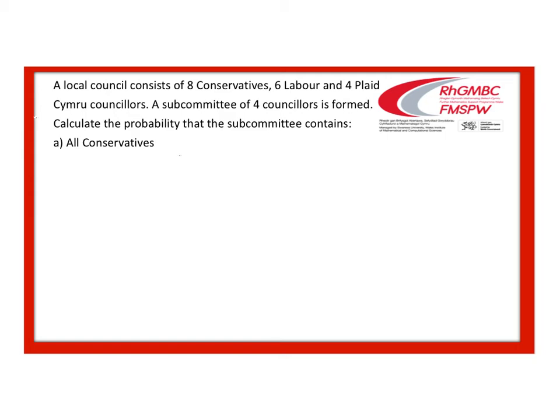So let's start with the number of ways we can pick all Conservatives. Number of ways to pick 4 Conservatives. Okay, so now the order is unimportant of picking those 4 Conservatives. So what I'm thinking about here is I've got a total of 8 Conservatives and I want to pick 4 Conservatives. So I'm just going to use combinations because the order isn't important. I'm going to do 8 choose 4,